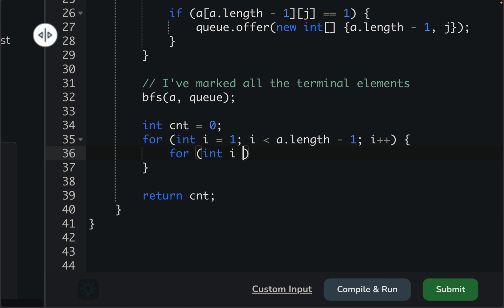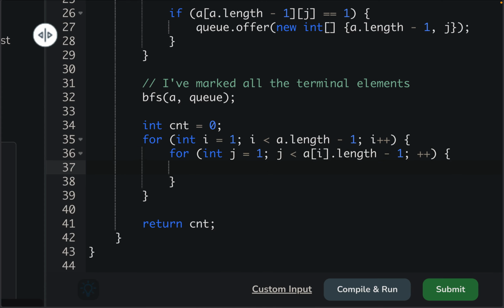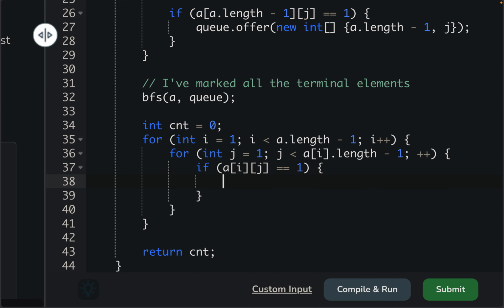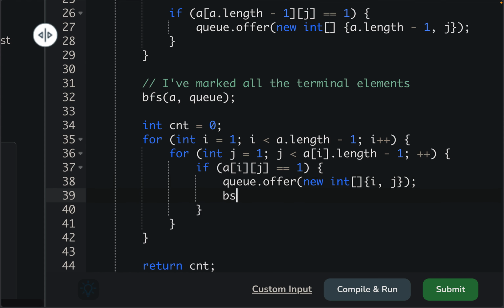Same goes with the column. I have eliminated the first, so j starts from 1, j < a[i].length - 1, j++, because I remove the last. Now in this case, if I find that a[i][j] is equal to 1, in that case only, what I would do is q.offer(new int[]{i, j}), and I will also call a BFS